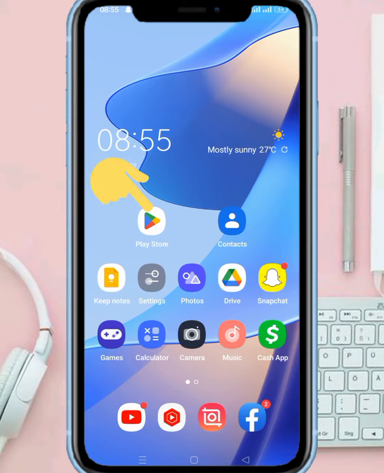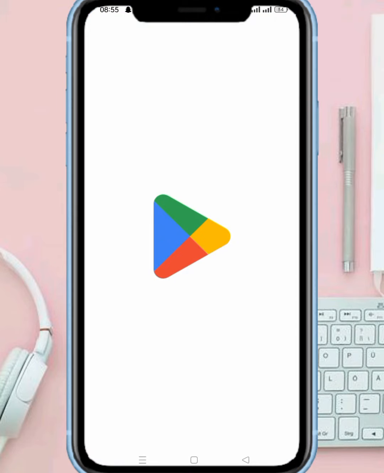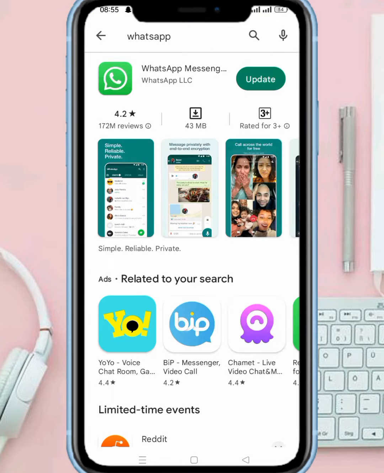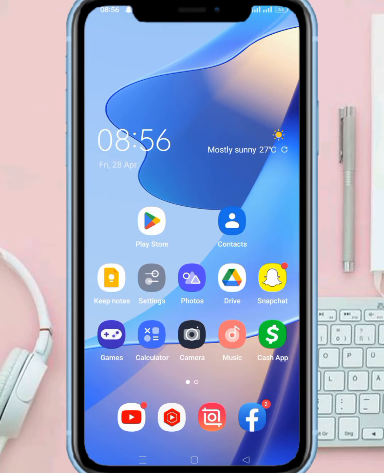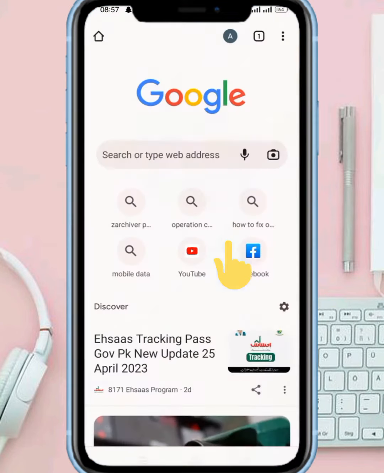First of all, open your app store and from here what you need to do is tap on update. Tap on this. After you update your app, go back to your home screen and open any browser like Chrome and tap on this